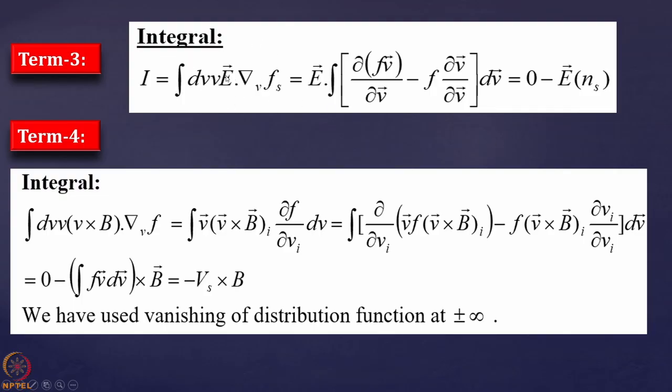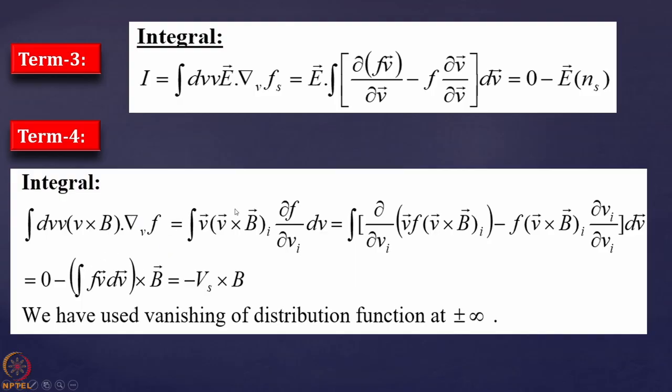Actually you can do this integration component wise, and it will take a number of pages of your notebook to find out this value. You will ultimately end up with the same thing. So this is really a smart way of getting the integration done, and this is the correct value, that's minus E ns. So the third term is evaluated now. Now we are going to the fourth term. So what was that? This dBV V cross B dot grad V F. Now again, if you break into components and do the integration, it will take a long time and it will be really complex. Rather, we again go for some smart way.